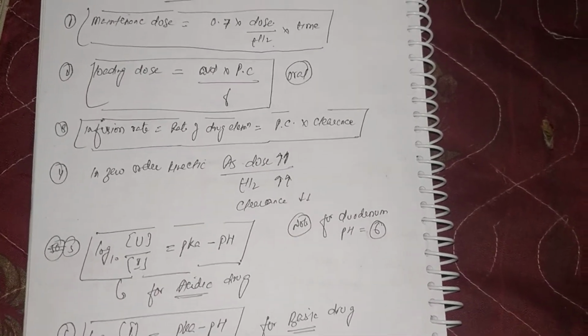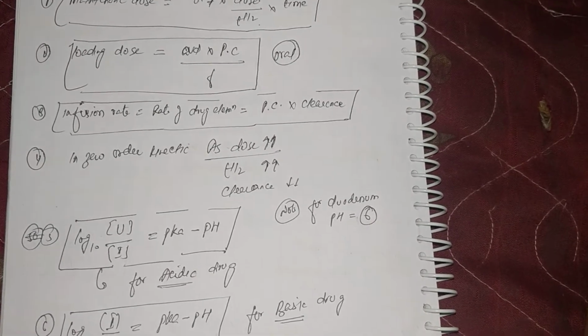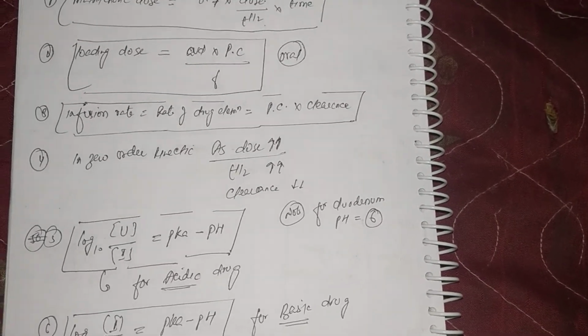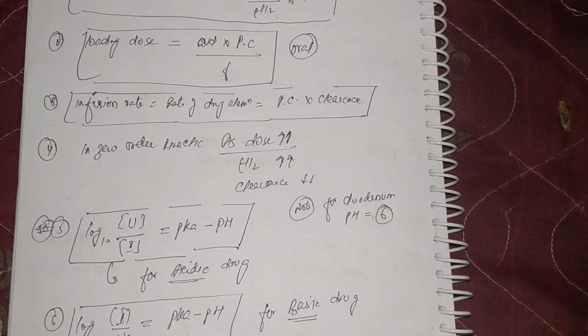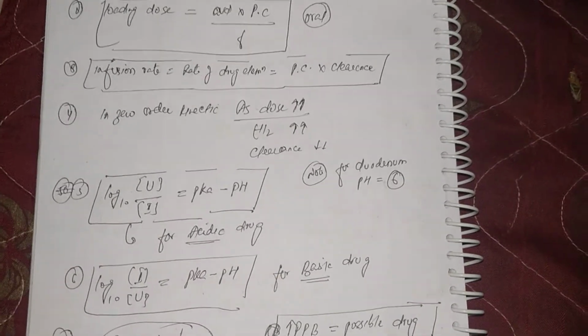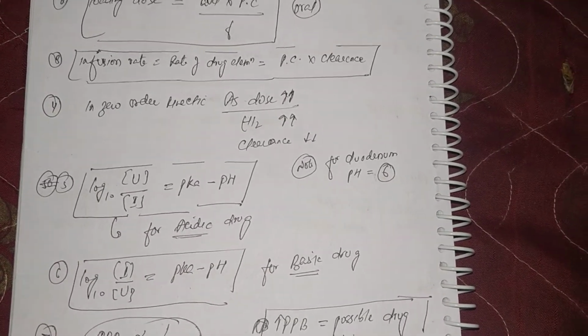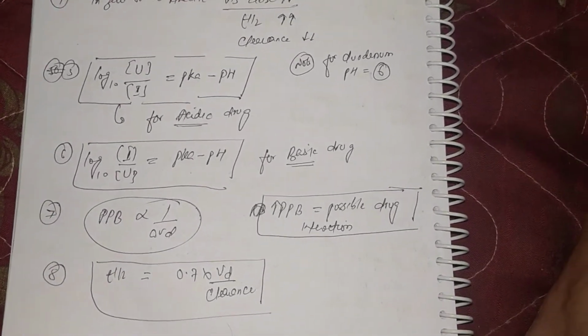is the bioavailability fraction, and the bioavailability fraction is 100% or equal to 1 for IV use, for intravenous use. And third is infusion rate, which is equal to the rate of drug elimination, equal to plasma concentration into clearance. Fourth is in zero order kinetics, as the dose increases, half-life increases and the clearance decreases. And the fifth one is log 10 upon